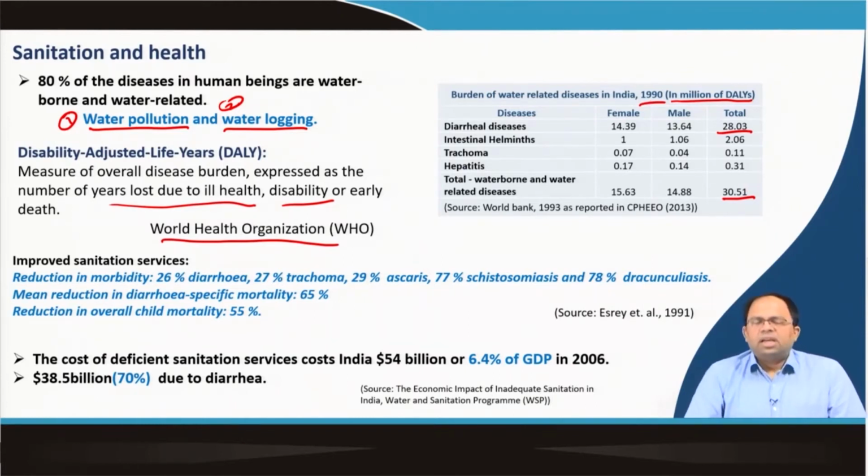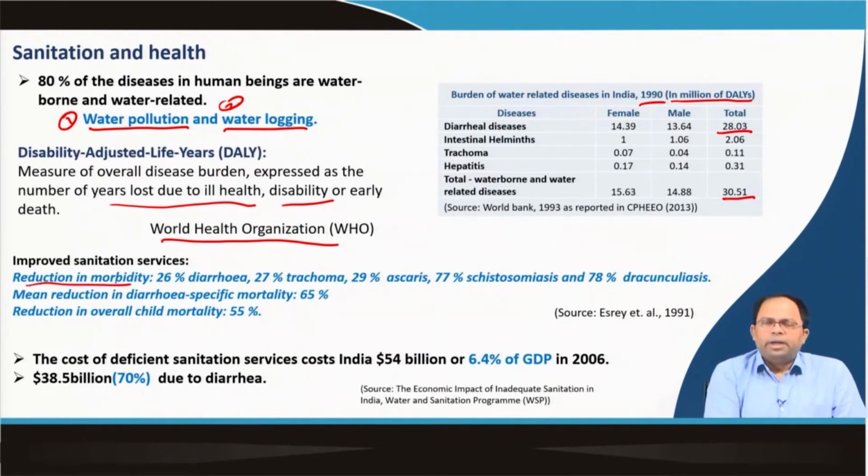Now, what would improved sanitation services mean then? How can we reduce mortality and morbidity? Morbidity is the regular ailments that we get because of this kind of diseases, and mortality is death, right. When I provide improved sanitation services, it is very difficult to say what kind of improvement leads to what kind of disease reduction. So, we cannot have a direct correlation and a direct relationship like that, but in general terms, based on certain averaging of different studies, we can say that